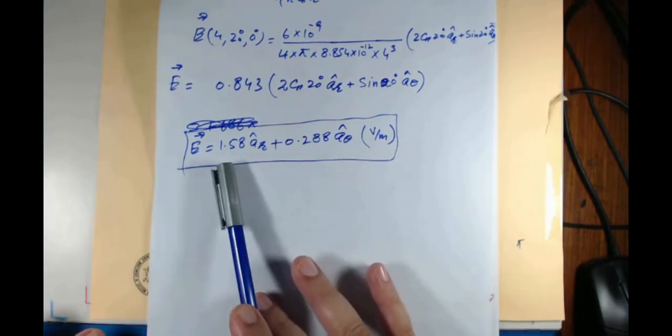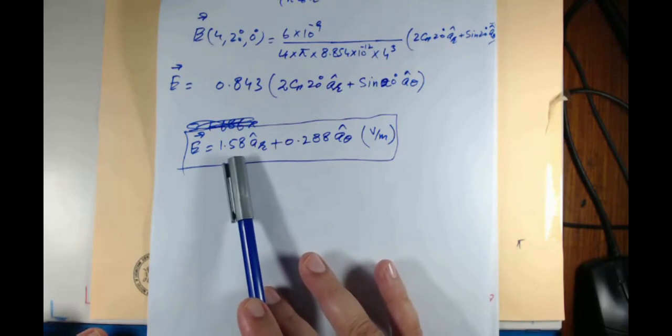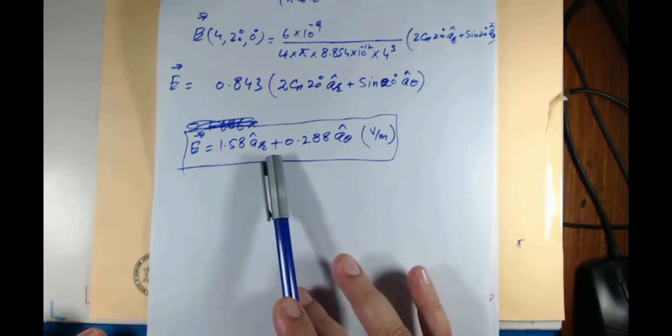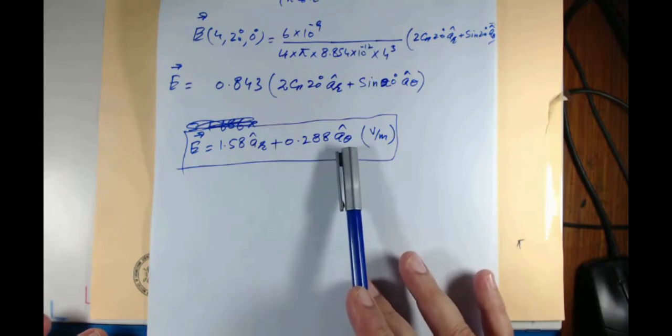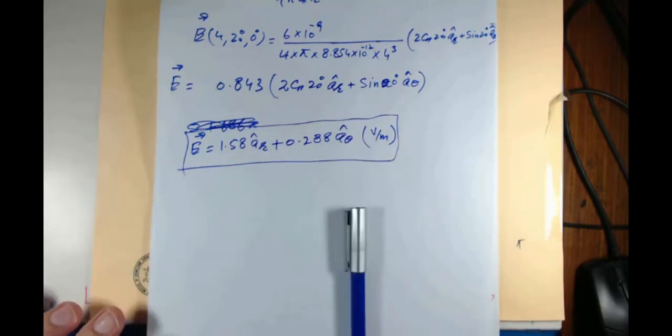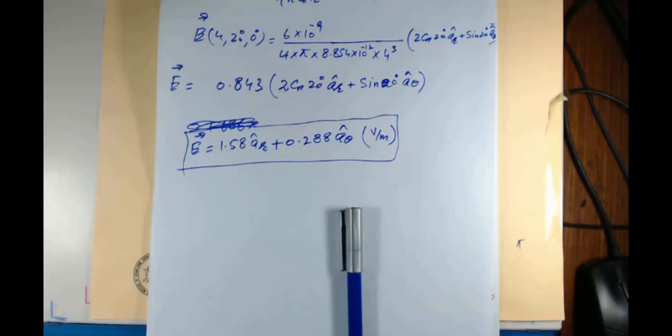so eventually we come across this expression, that is E equal to 1.858 ar plus 0.288 a theta. In this case, the electric dipole is aligned along the z-axis, so that's why the electric field has two components, one along the radial direction and the other along the theta direction. Now I would like you to